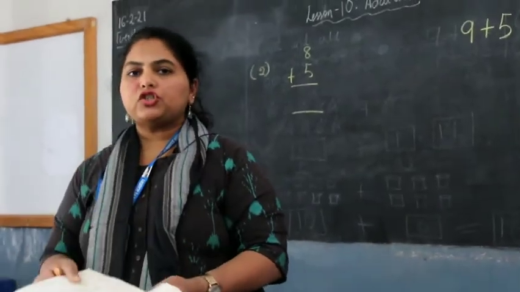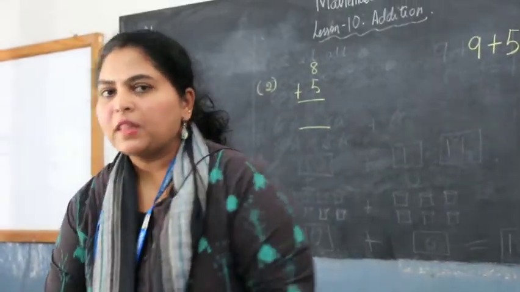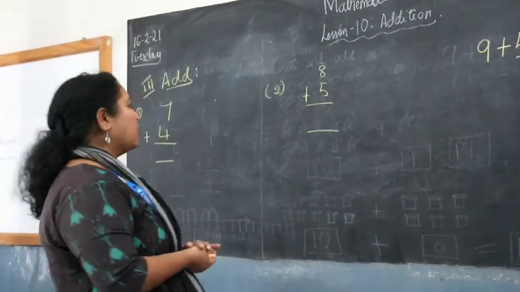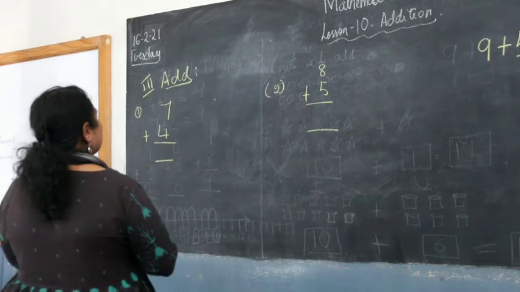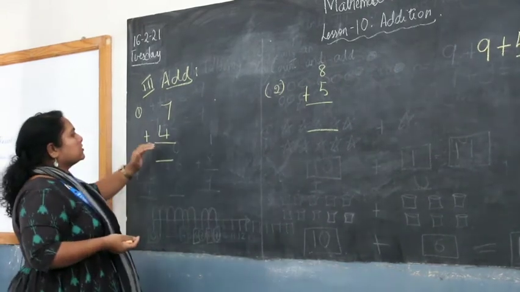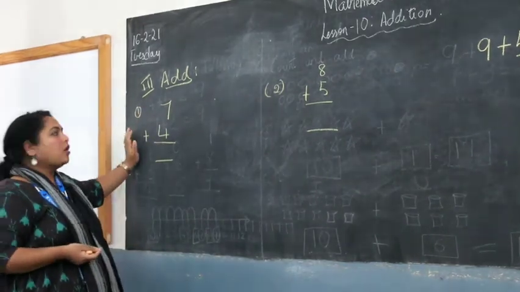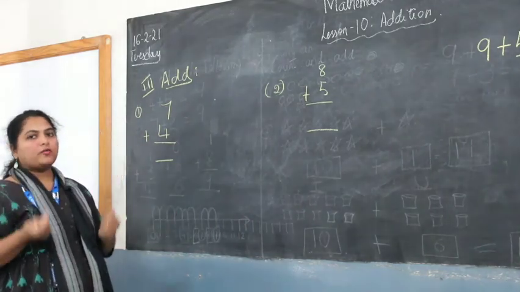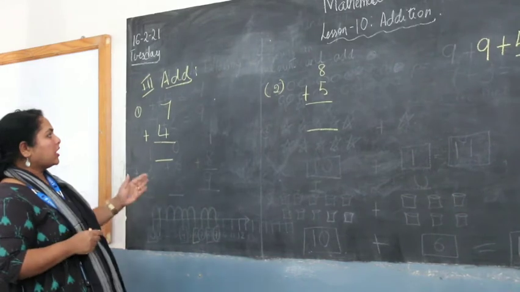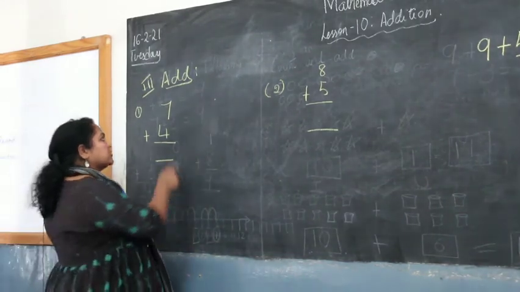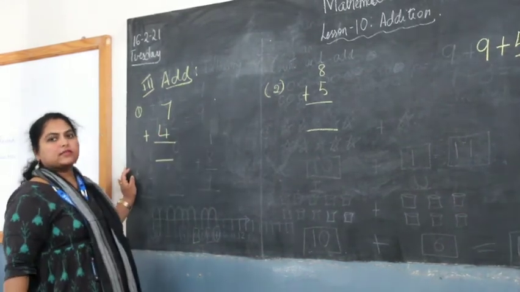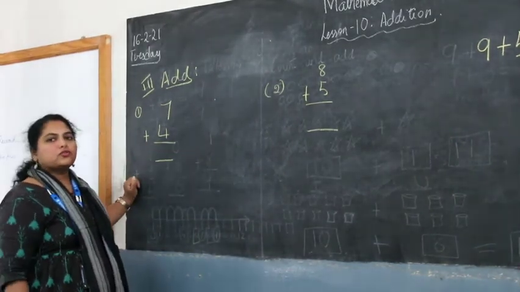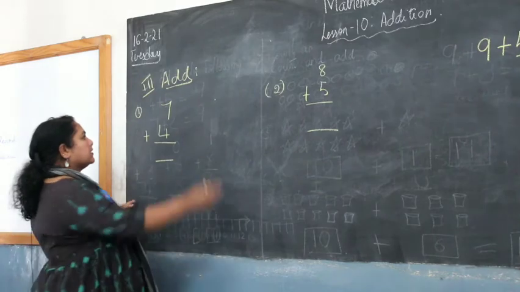Now I am going to teach you another way of addition, for numbers more than 10. So how do we group up the numbers and write? The first question given here is 7 plus 4. How do we add this? One way is the number line, another is your mind and your fingers. The other way to learn addition is we draw the sticks, add the sticks and write the total number. How do we do that?